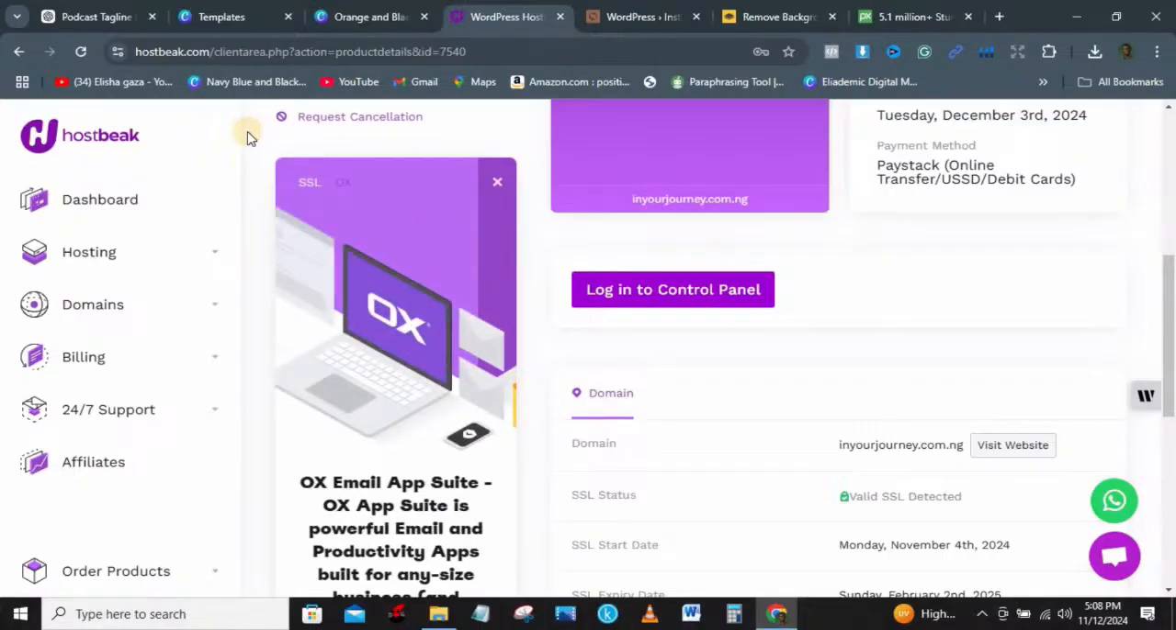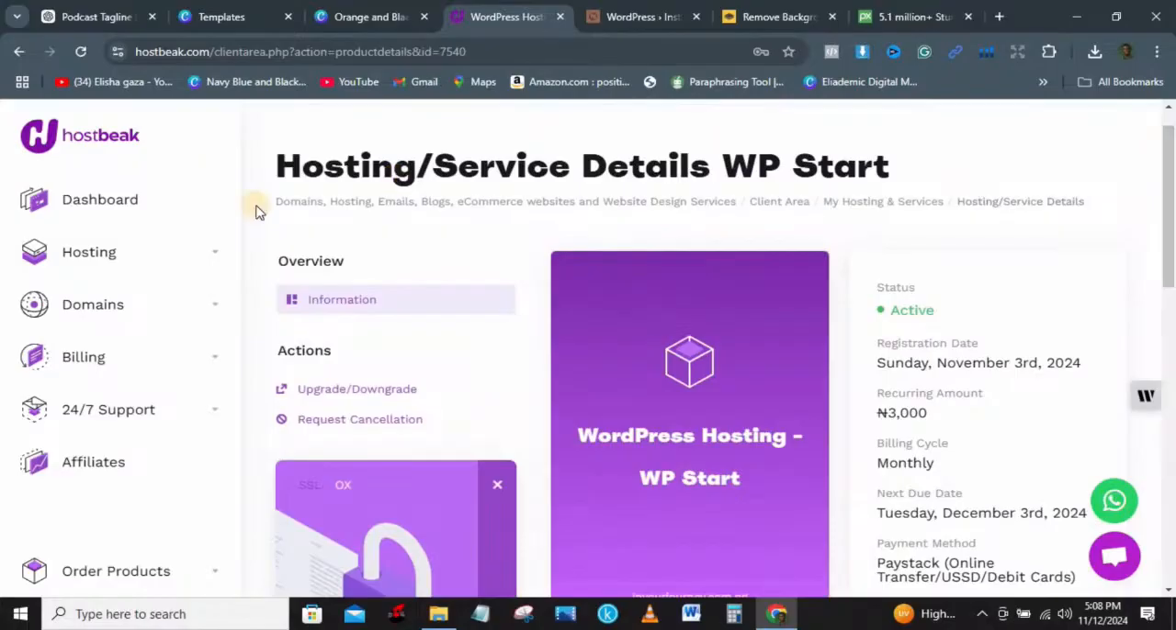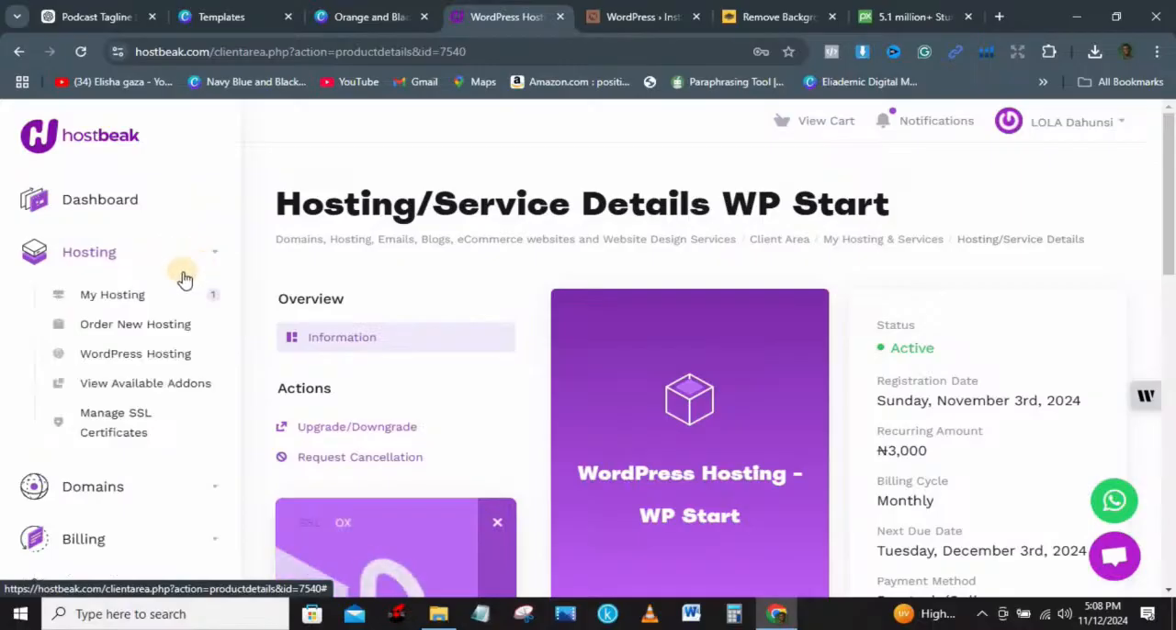So when you have logged in, all you need to do first is to register, and then after you have registered, you need to come to this interface which looks exactly like this. This is how the interface is going to look. The first thing you need to do is hover onto hosting, and then you are going to see several hosting options. From here you can see that I have one hosting with them, and then you can order a new hosting here, and then you can order WordPress hosting. You can see your available add-ons, you can manage your SSL certificate,